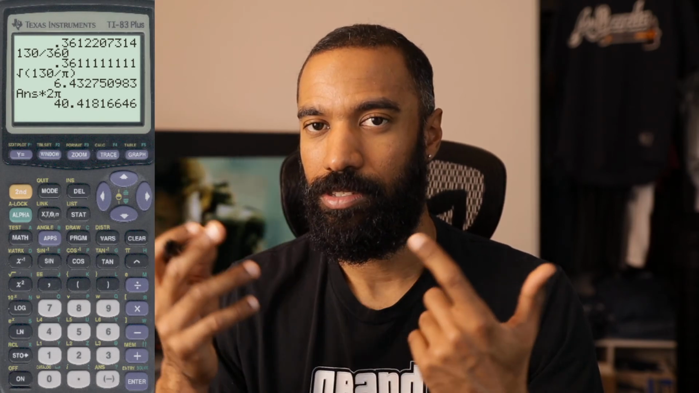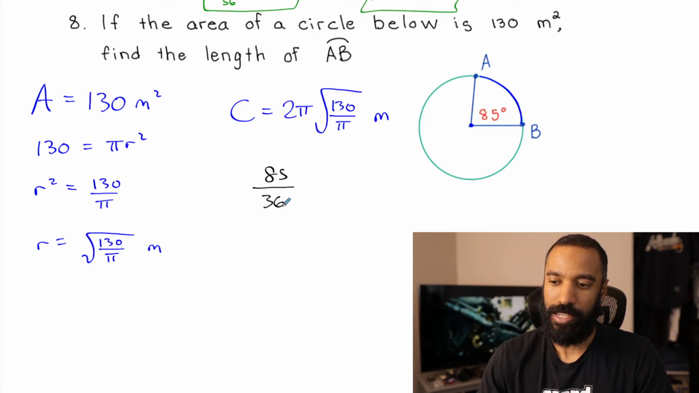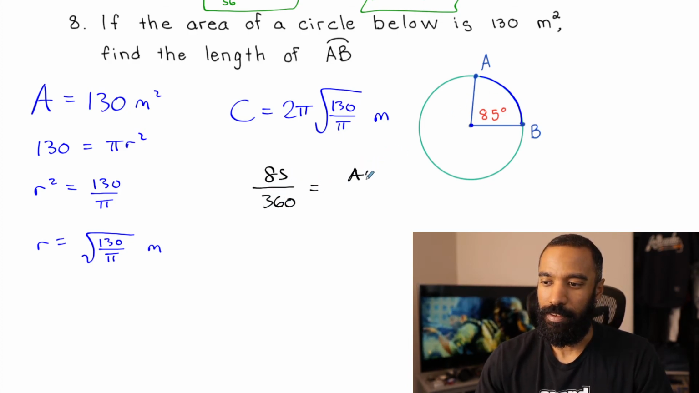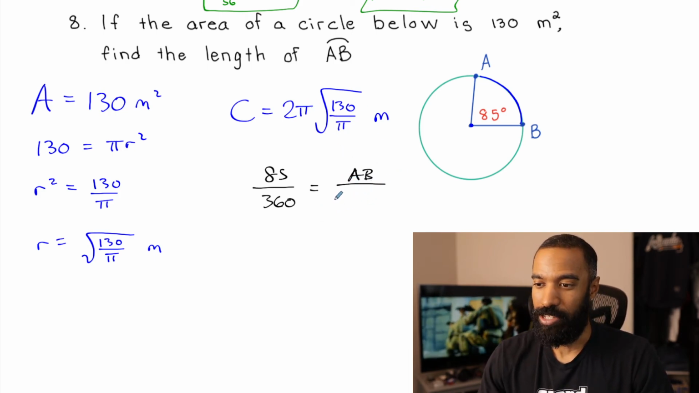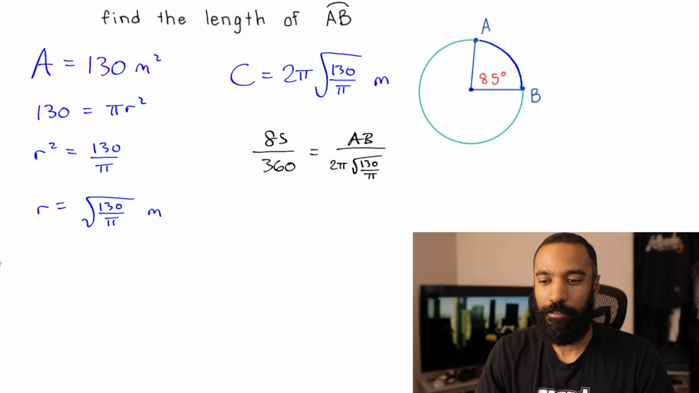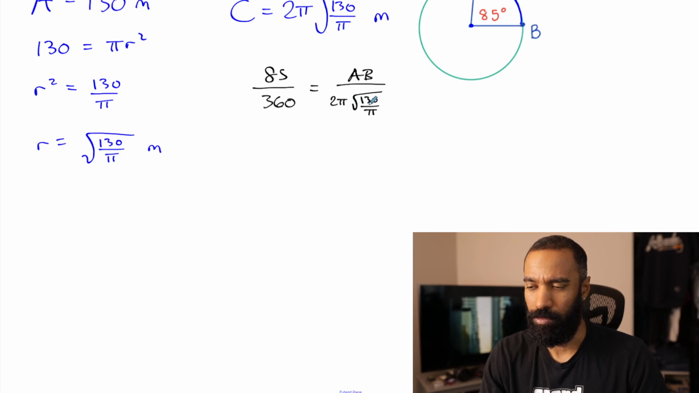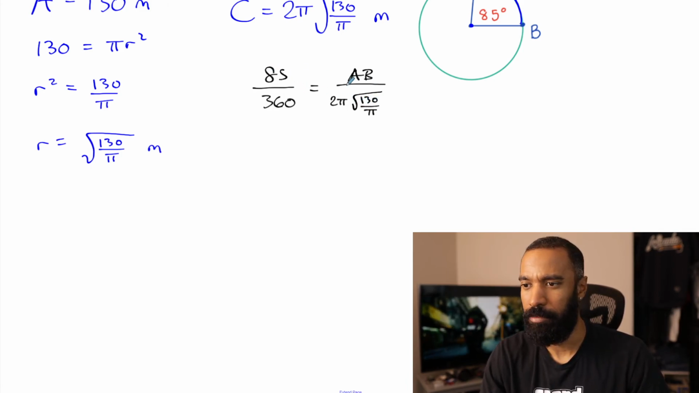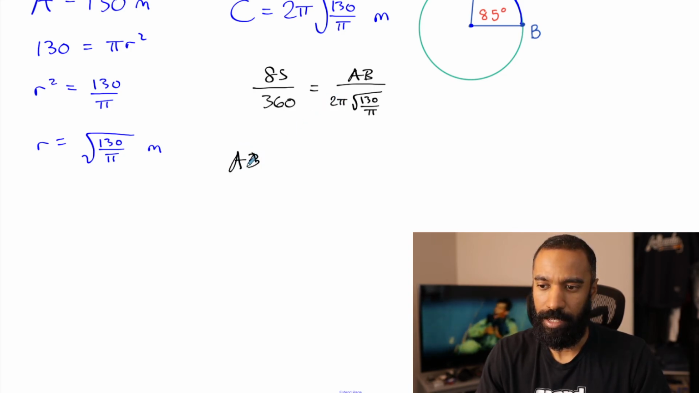What we got to do is figure out how much 85 is out of 360 and multiply that by this circumference, right? Our proportionality goes as such. 85 over 360 equals the length of arc AB over the circumference, 2 pi times root 130 over pi. Not very fun when it comes to getting this exact answer. I'm not going to be simplifying, rationalizing denominators and things like that either. Probably not worth it. But if I multiply both sides by 2 pi here,